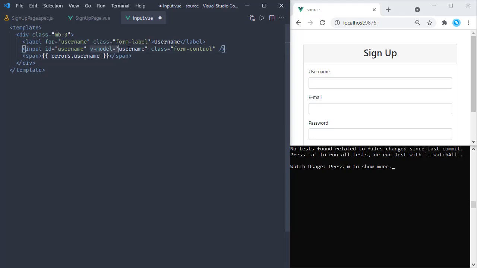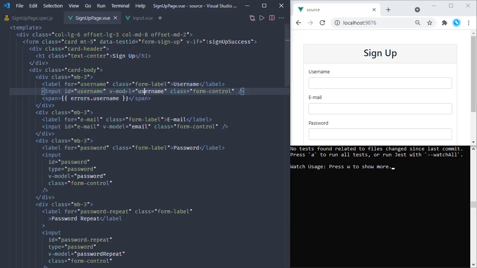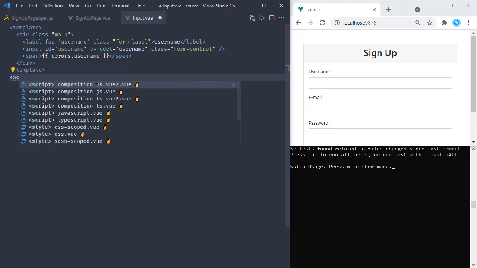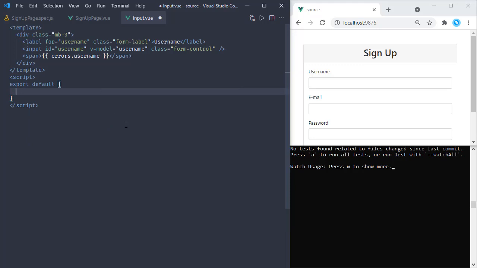And here we have this v-model in the sign up page, which was associating this input's value with our state value of username. We are going to be passing that information from this sign up page to this input component. And to do that, first we are going to have this script part. And in this object, we are going to define the properties of this component. So we have this props, and in this props, we will have